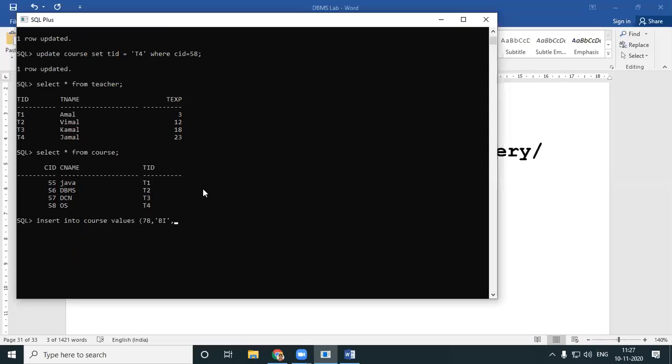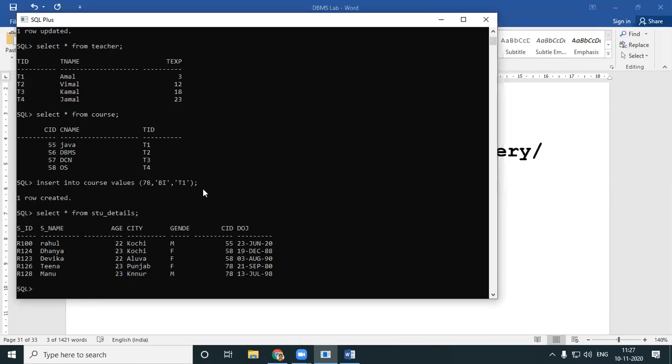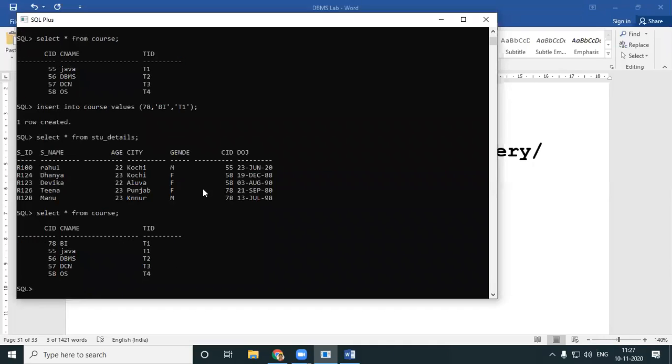Okay, I'll give T1 itself, T1. So I'll just display all the details. I have student details, I have course details, and I even have teacher details.